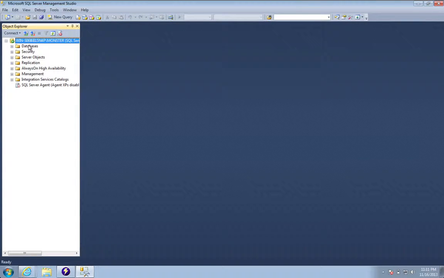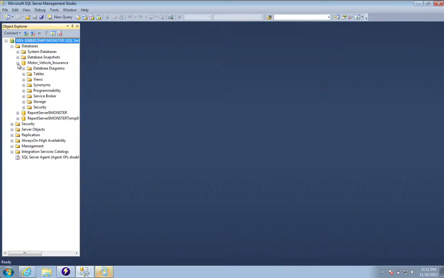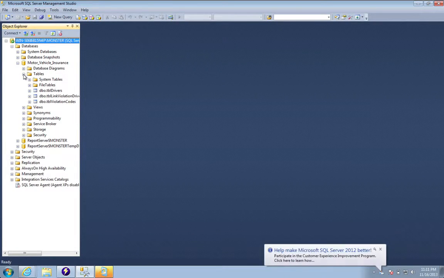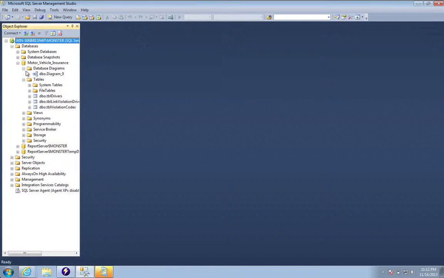Alright, let me expand this databases folder, and in your machine, as in mine, you have the motor vehicle insurance database. Okay? You have also added rows for each table. Okay then, let me expand this folder. In my case, I have the DBL drivers, the DBA evaluation codes, and this link table. Remember the demonstration I had for you during week 5. Okay, and then I went up here to the database diagrams in order to create and visually connect